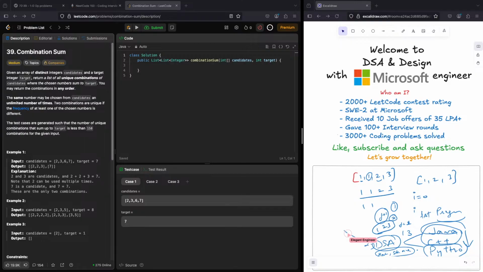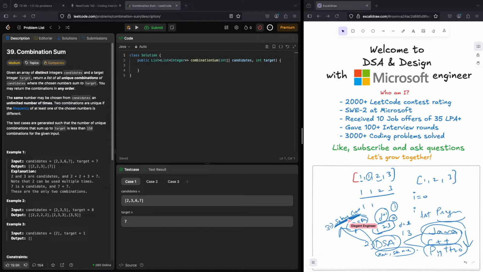Now, once you have done that, the third thing is solving coding problems using these data structures. This is the part that will be asked in interviews. For example, we are now solving this problem. This is one of the algorithms. Backtracking is the algorithm that this problem is based on. So once you have good DSA and some syntax,